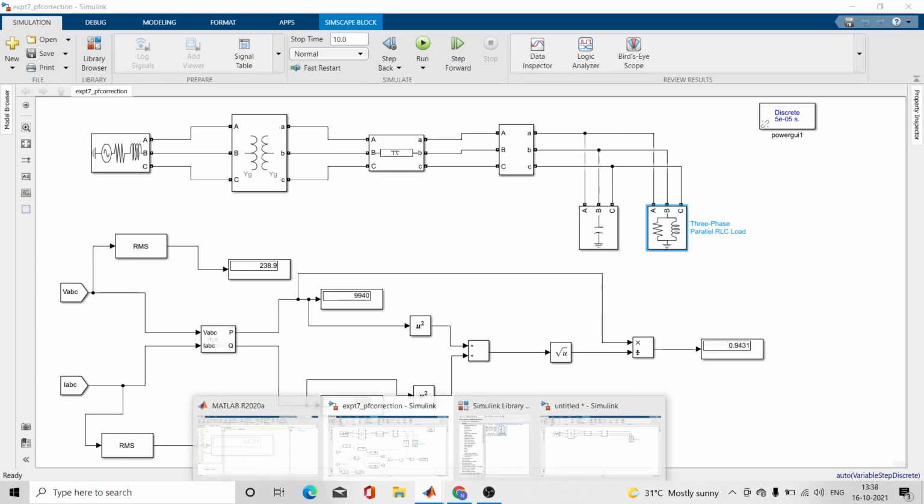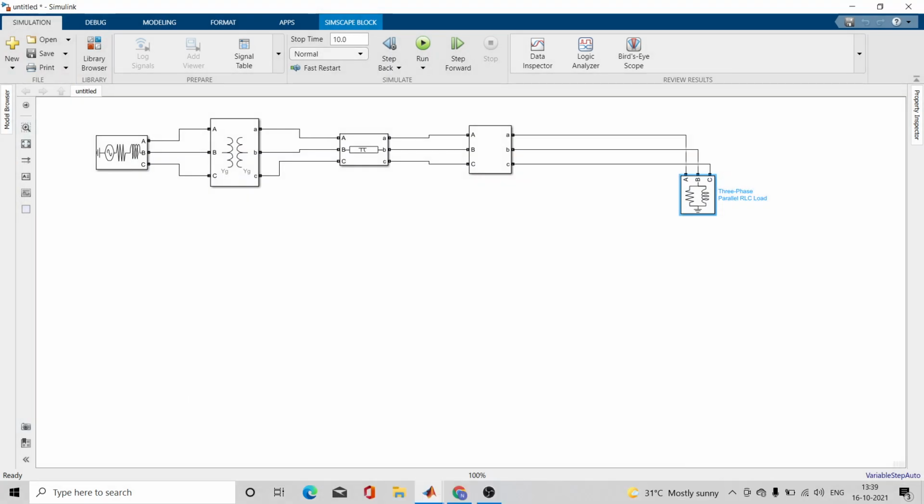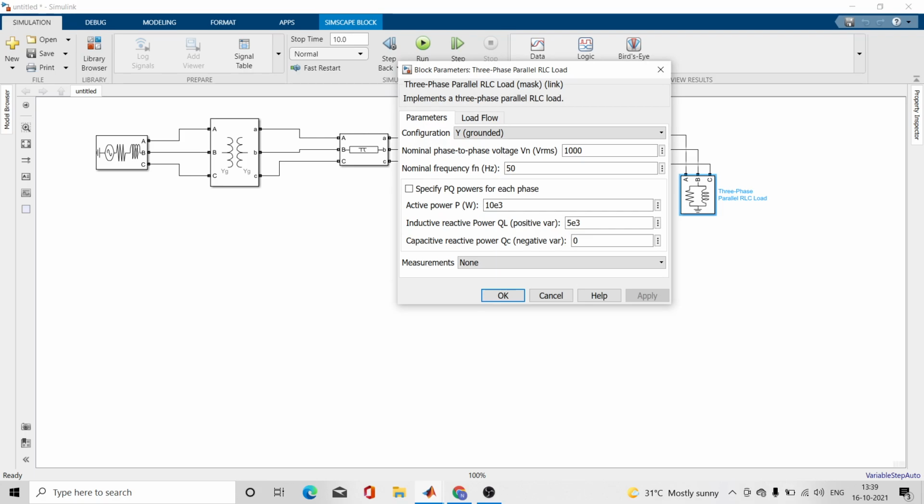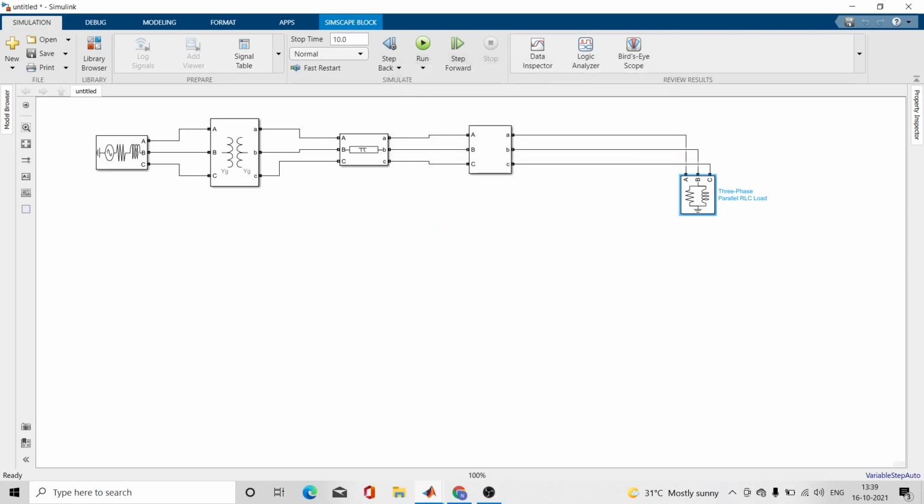And one more thing which is remaining here, the load side voltage is 0.415, right? 0.415 e raised to 3, 415, load side voltage. Okay, so here everything is almost configured.